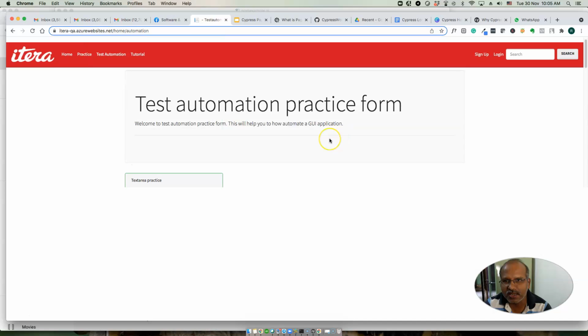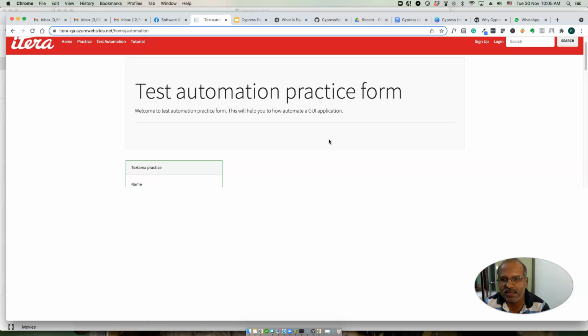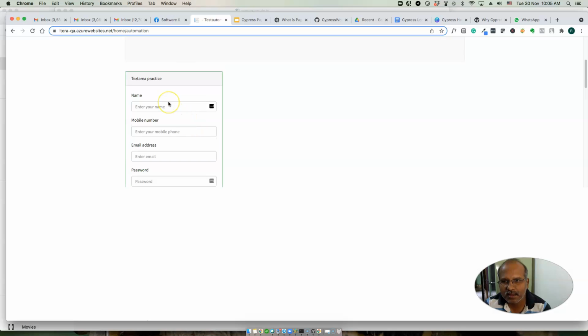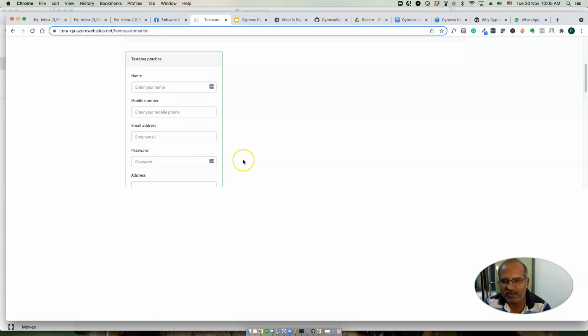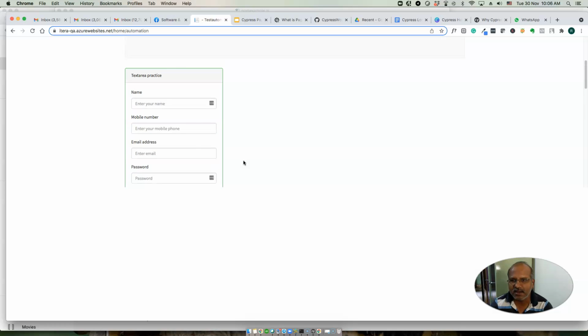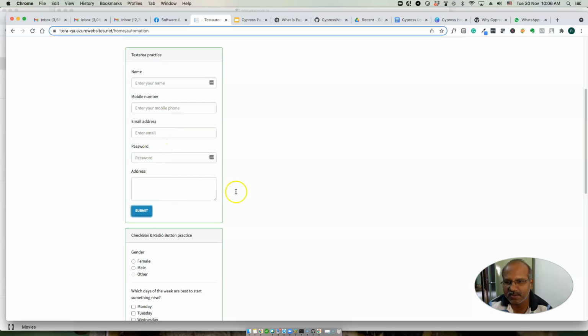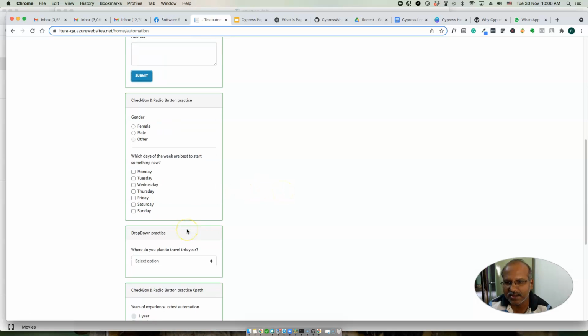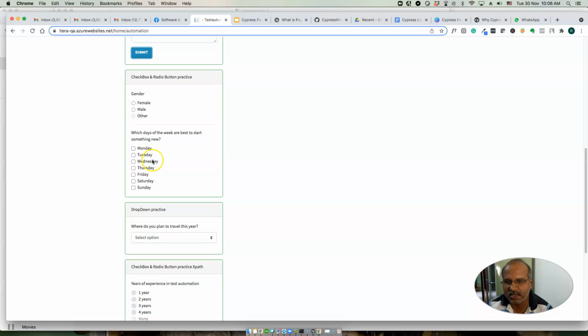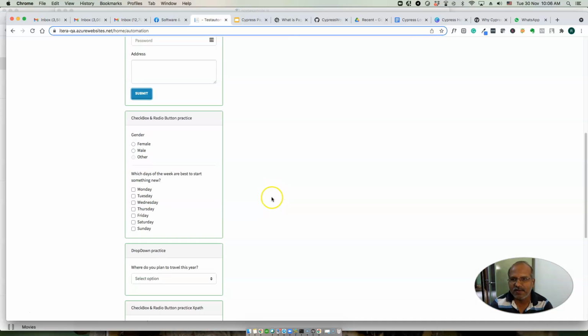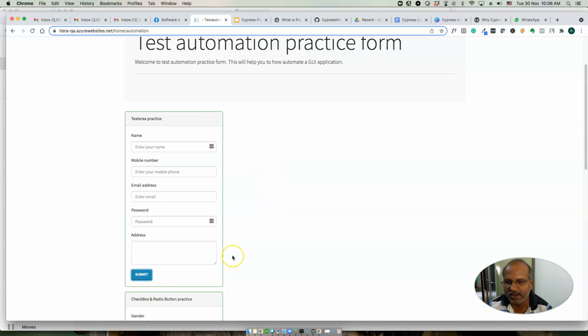So you can say this is the automation page. All these elements like name, phone number, email address, password. We'll create a class, and this class will contain all these web elements like name, mobile number, email, password, address, radio buttons, checkboxes, and drop down. So this will be one class, and all the actions like the submit button,